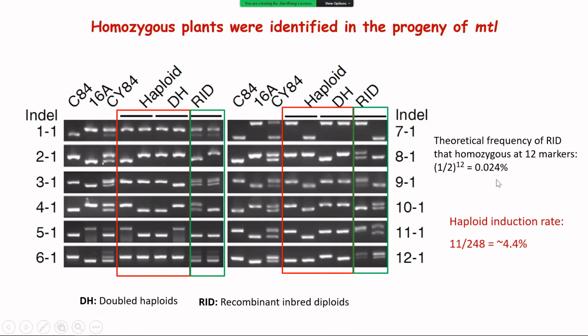will be pretty low, about 0.024%. And actually, we didn't find any plants that were homozygous at all. In contrast, of the 214 progenies of MTR, 11 plants were found to be homozygous at all 12 markers. Those plants were potential haploids or double